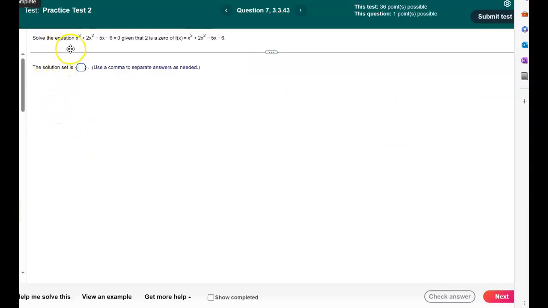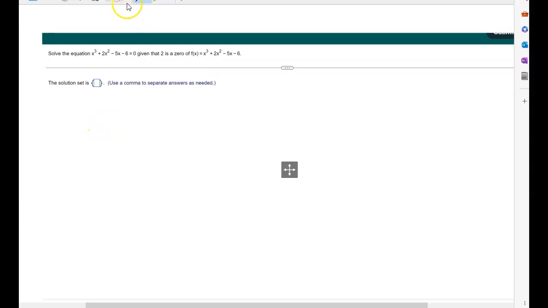Next question, you are to solve the equation here given that 2 is a 0 of this function. Find the solution set. When you are asked to solve, that means you are going to get all the zeros. So note that one of the zeros is already given. So we can use that given to actually find the rest of the zeros of the polynomial function here. Now, since this is already a 0, then we can use synthetic division to actually reduce or get the other factor